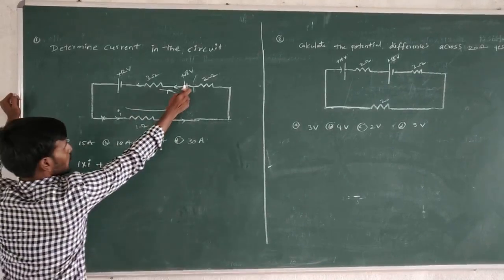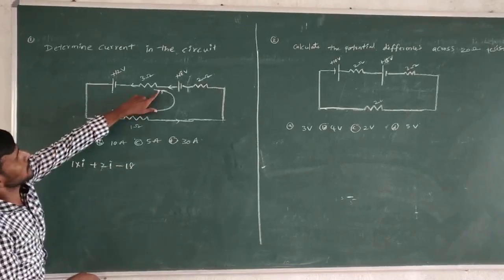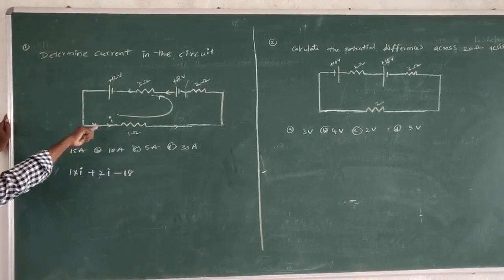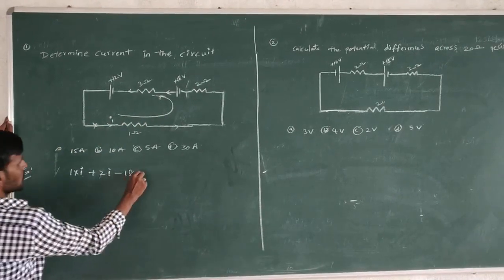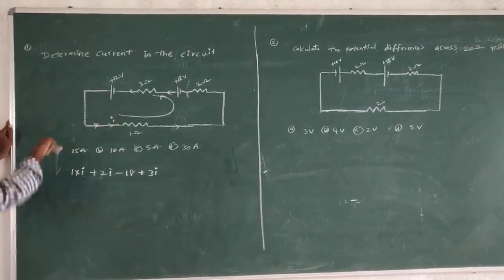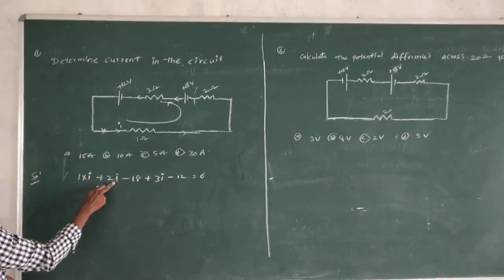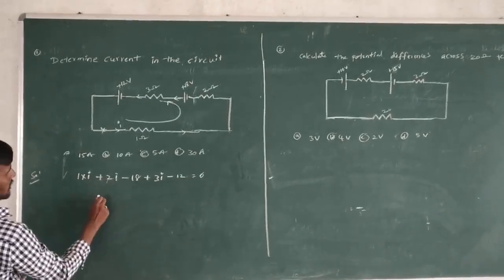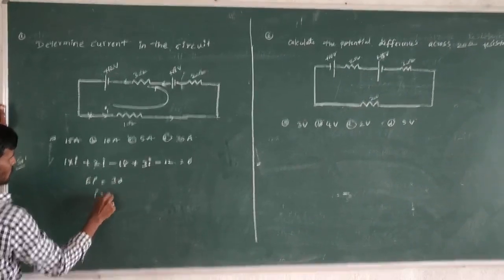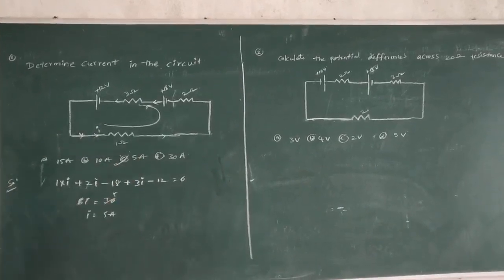The current moving from lower terminal to higher terminal represents minus 18. Then the current I enters a resistor, where the potential drops, so finally it is 3I. Similarly, the current entering the negative terminal to the higher terminal, here the potential drops, so finally 2I, 3I, 3I, 6I. So 6I is equal to 30, and I is equal to 5 amperes. Yes, this is the correct answer.